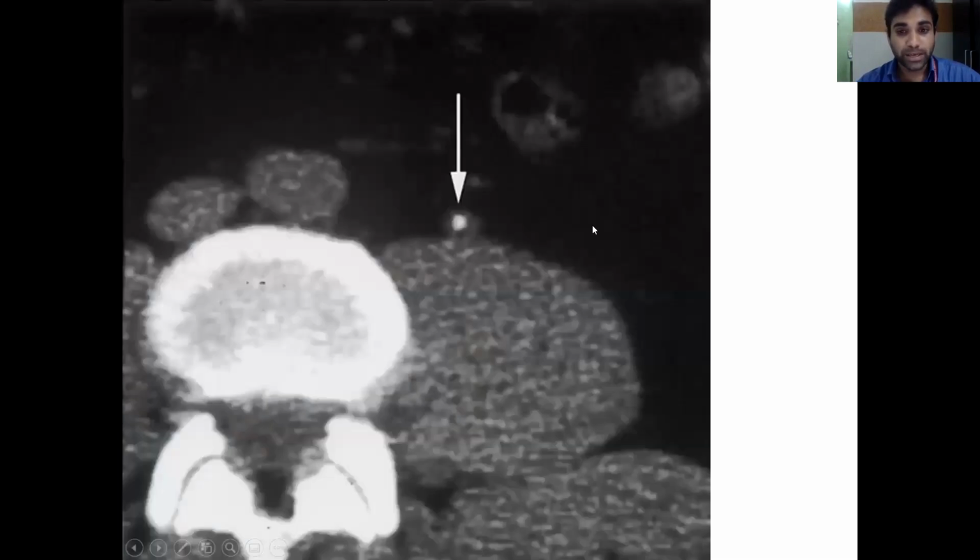And soft tissue rim sign. Soft tissue rim sign, this NECT, non-enhanced CT image shows a soft tissue rim, arrow, surrounding a stone impacted in the middle of the left ureter. The rim represents edema of the ureteral wall. The presence of a soft tissue rim sign allows a confident diagnosis of a stone within the ureter. This soft tissue rim sign is used to distinguish a ureteric calculus from a phlebolith.